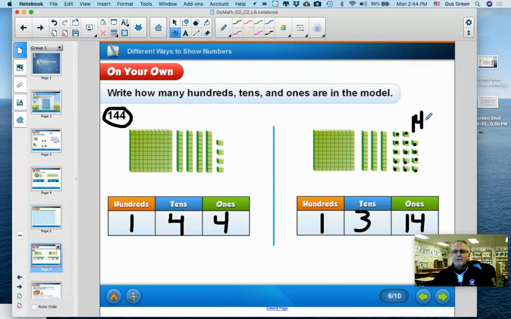So both of these sets of blocks have the same value of 144. The difference between this side and this side is we took one of these 10s and broke it apart into ones. So instead of 4 ones, there's 14 ones. Okay, now in your work